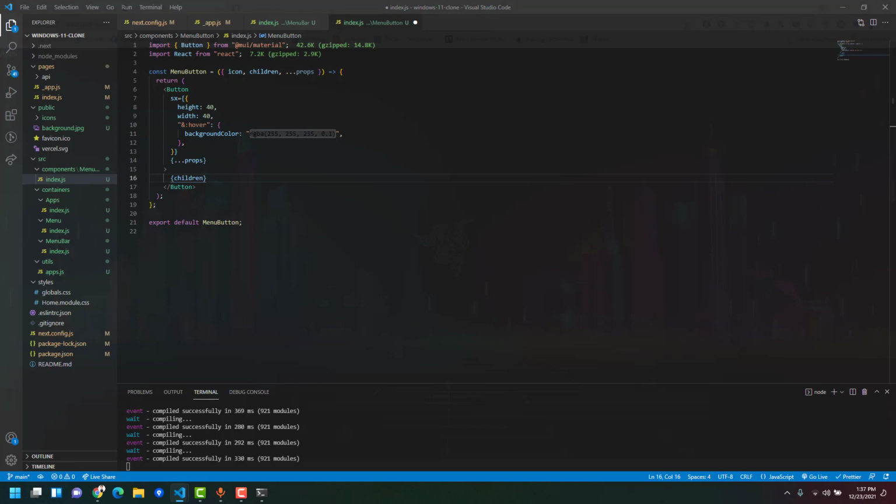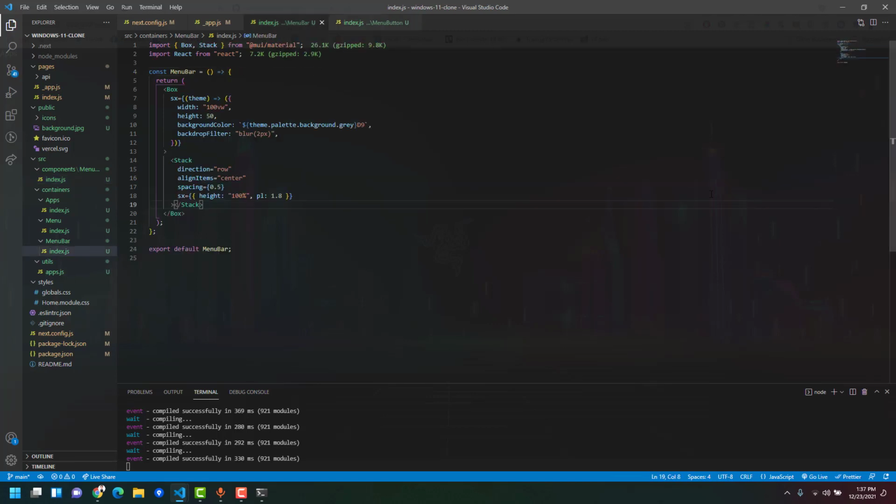There we go. Do we even need an icon really? I don't know if we need an icon. The children can have the icon, so let's not bring in the icon. Let's save that. Okay, and now in here we're gonna loop through something, and remember what I said we're gonna loop through before,